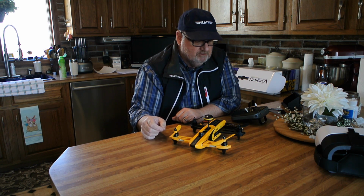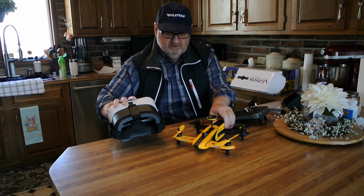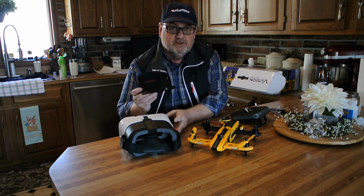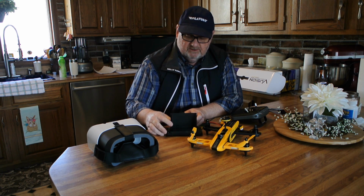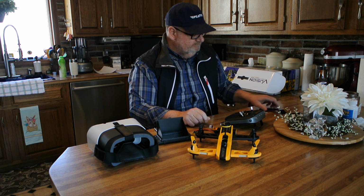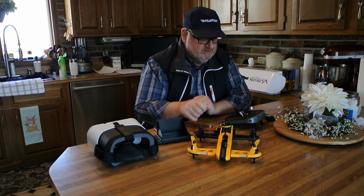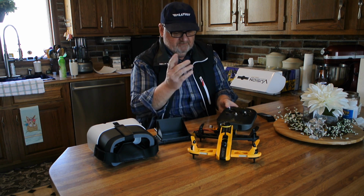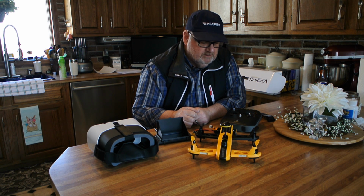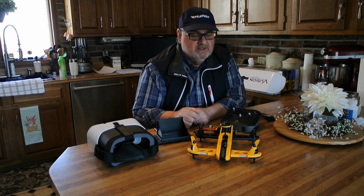It feels quite durable. You get a lot with this. To get the goggle headset and the monitor included in this package is really quite impressive. So I do feel like this is a pretty nice complete package. And there you have it. This is the Rise VUSION from Hobbico, and when the weather gets a little bit better outside, I'll take it out,